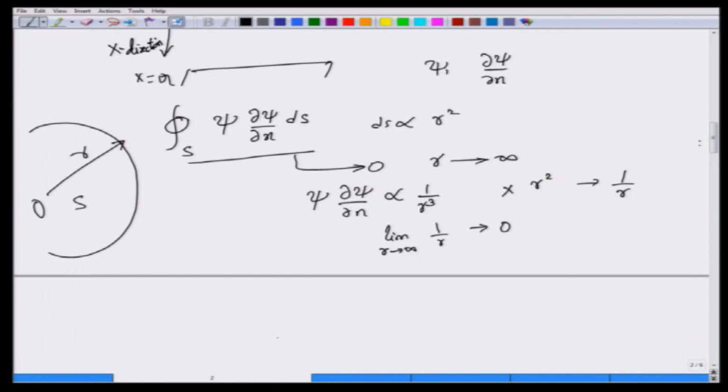So, in other words, on the boundary, the potential times the normal derivative of the potential, this is called the normal derivative of the potential, at least in my book. You can see that if this product goes at least as 1 by r cube, of course, it can go as 1 by r power 4, 1 by r power 5, or any other higher order term, but it must at least go as 1 by r cube. Of course, it can go as powers like 2.1 and so on, but let us just focus on integer values. So, in this situation, the contribution of this integral over the sphere of radius tending towards infinity will turn out to be equal to 0.